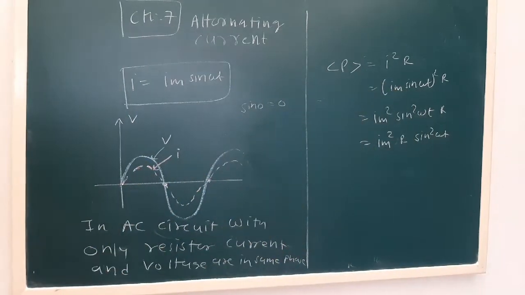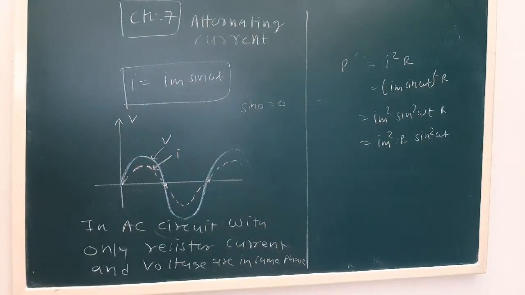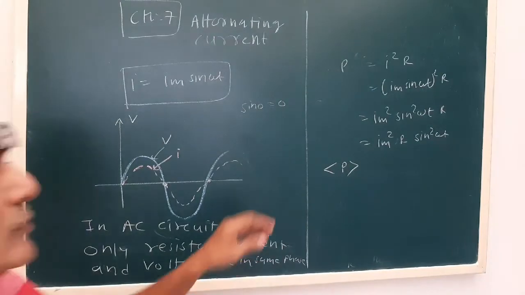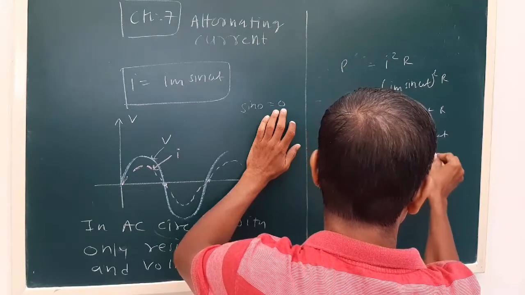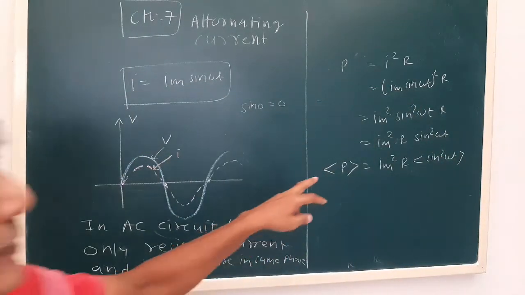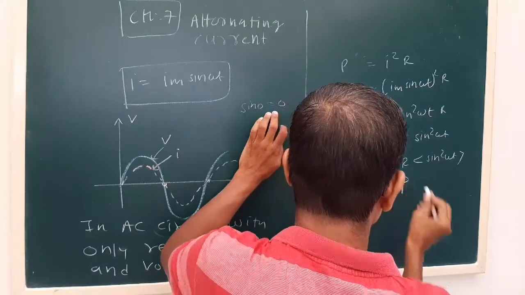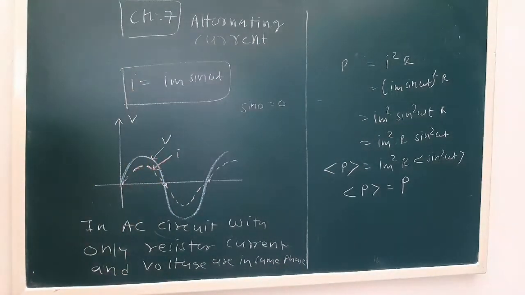Now when we talk of power, let us say we write P is equal to I square R. Now see, average power over one periodic time. This is the symbol of average power. Now for average power, they have a convention, capital P. Generally we follow the notation used in the textbook.